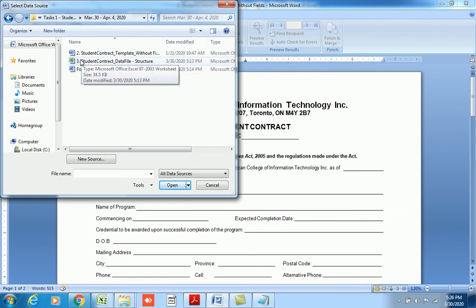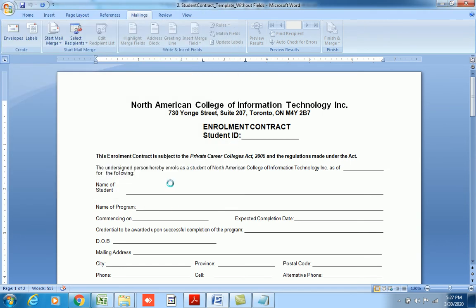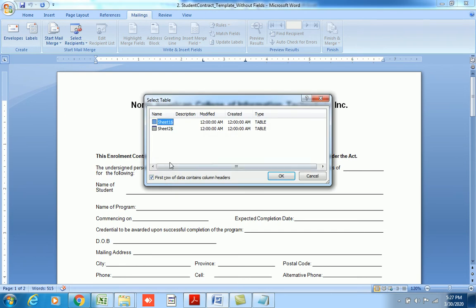So my Excel file, my sample template file in Excel, is here. I select that file and click open, and it will show me all the sheets in the Excel file, because you might have more than one worksheet in one workbook.